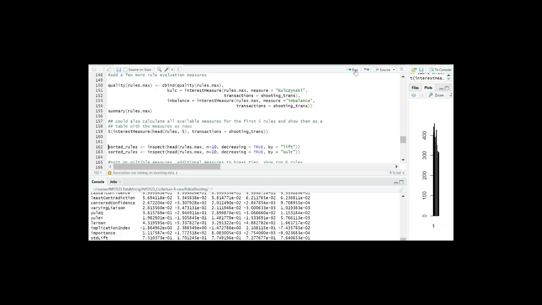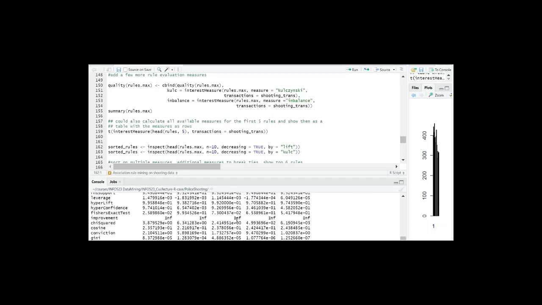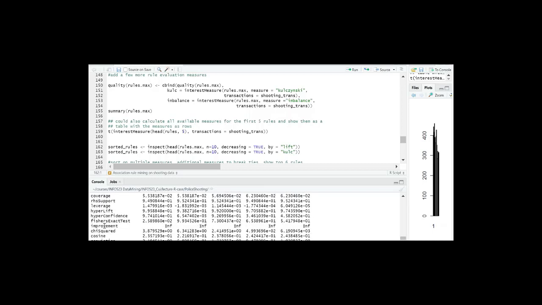If we run this, we select the first 5 rules. So here are the 5, and for every one of them, all the measures that the system can compute are computed.